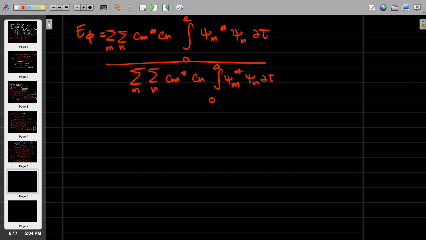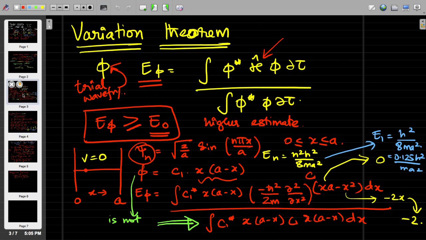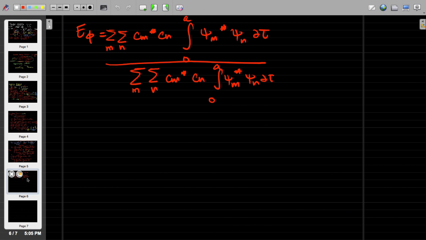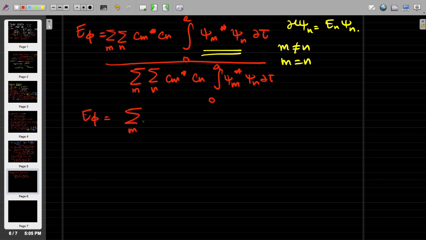Okay, and we know for a fact that these are orthonormal functions, because these were nothing but the eigenfunctions of a Hermitian operator. So what ends up happening? These will vanish to 0 when m is not equal to n, and will be equal to 1 when m equals n. So therefore, the E phi becomes summation m. Actually, it won't be the